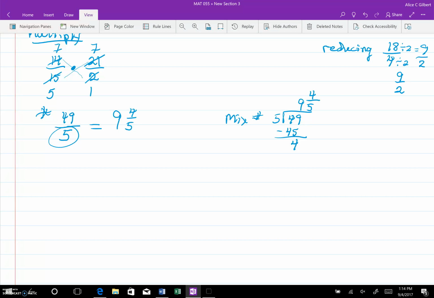We have 2 reasons why we want to leave it in improper fraction form. The first is it's easier to use. I know nobody believes that, but it really is. And the second is it's more accurate, okay? So imagine if we had 1/3. I know that's not an improper fraction, but it doesn't matter. That translates to